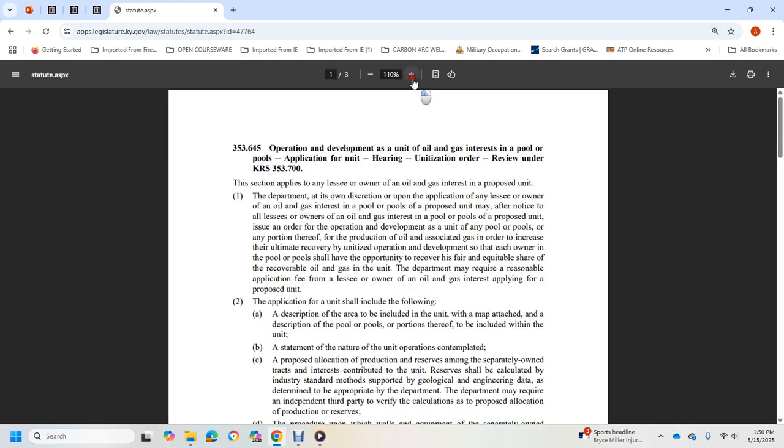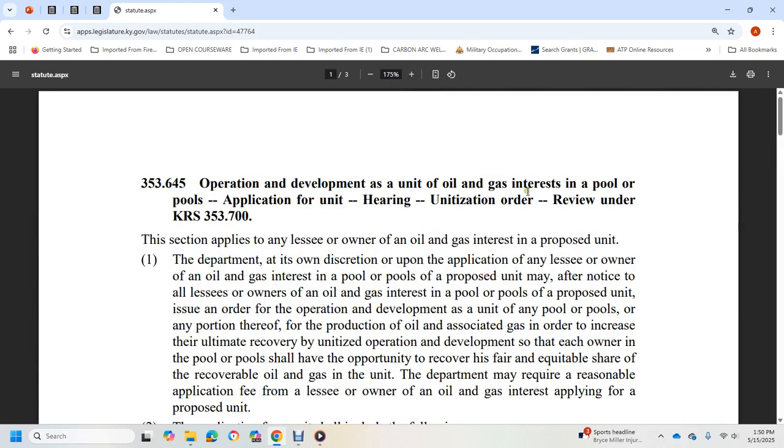Alright, KRS 353.645: Operation of a development unit, oil and gas interest of pool and pools. Application for unit hearing and utilization order review under Kentucky Revised Statute 353.700. Section applied by any lessee or owner of the oil and gas interest of the proposed unit. The department, in its own discretion, upon the application of a lessee or owner of oil and gas interest of the pools and pool of the proposed unit, after notice to the lessees and owners of the oil and gas interest of the pools and proposed units, is to issue an order of